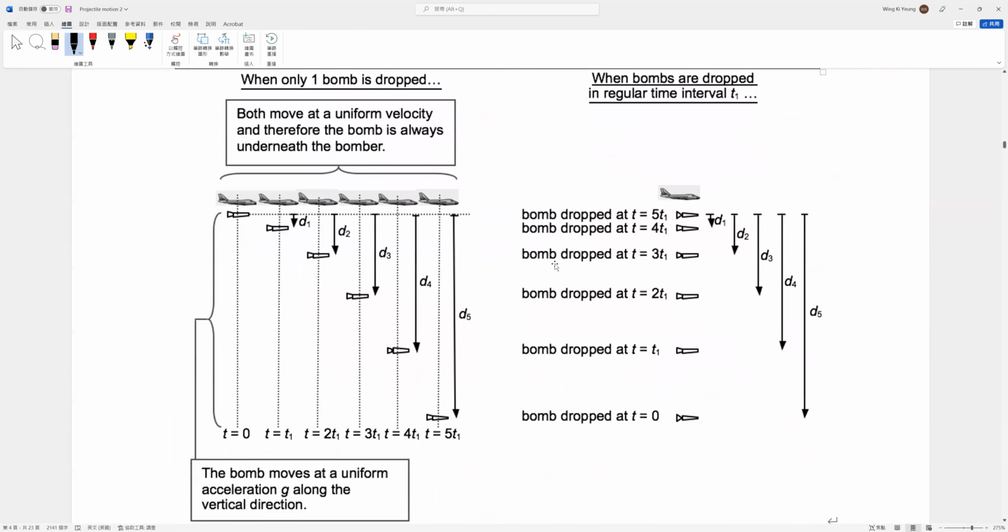Now take a look at another case. This is a jet dropping a ball. At different times, if the jet is always moving at uniform horizontal velocity, when the jet drops the bomb,